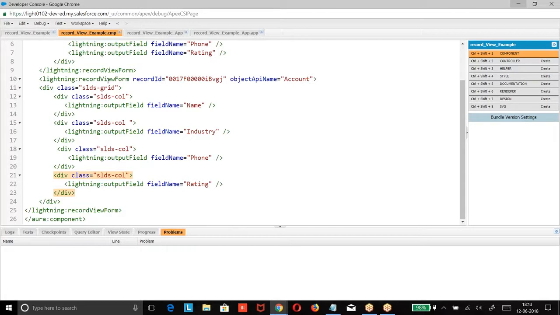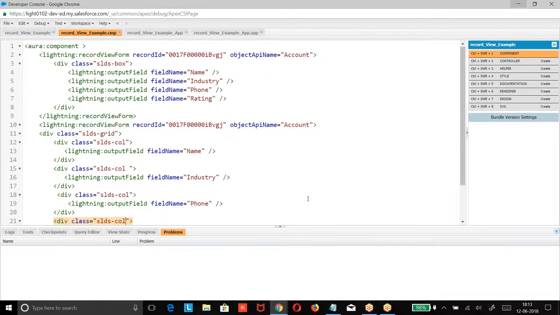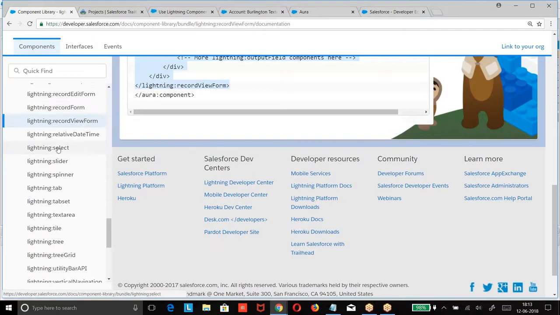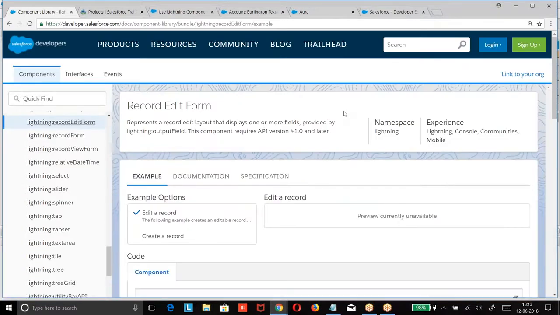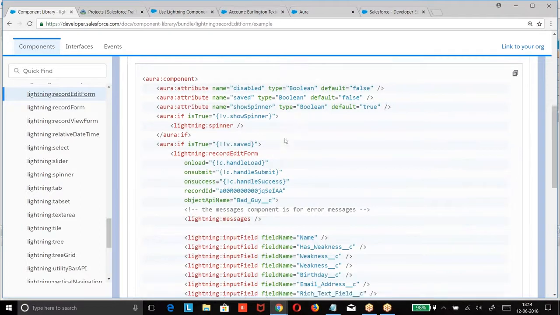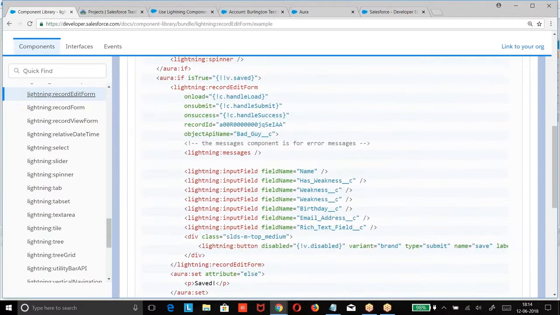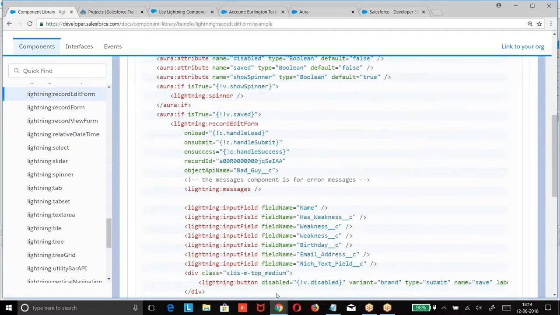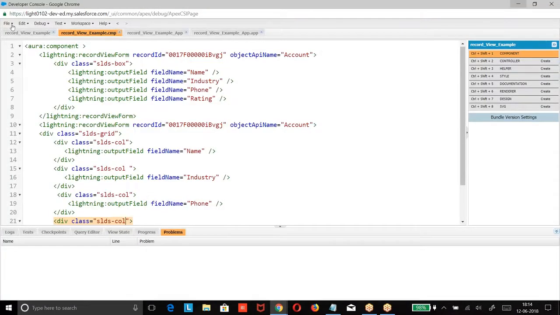Are you clear? Okay. Now, with the same example, we are going to have the next component. What is the next one? I told you we also have edit form. Basically, this should be useful to us. What was this? Edit form. We are going to take this as edit form. People have given a lot of code here. I'll make it simple.